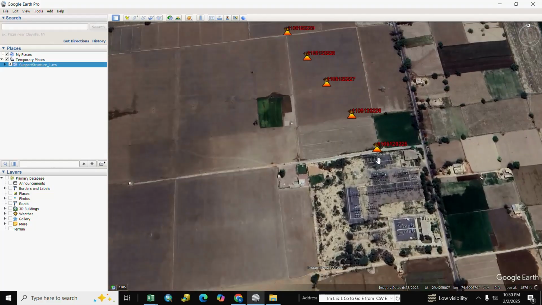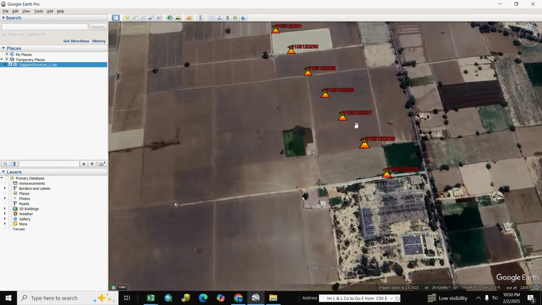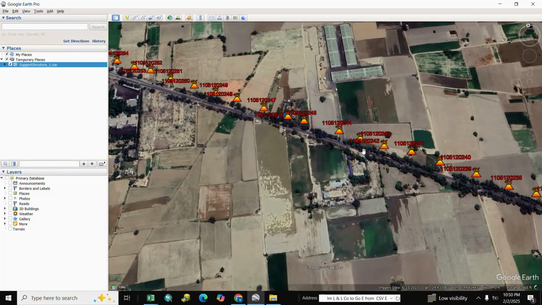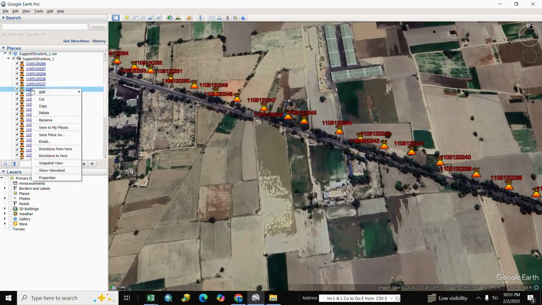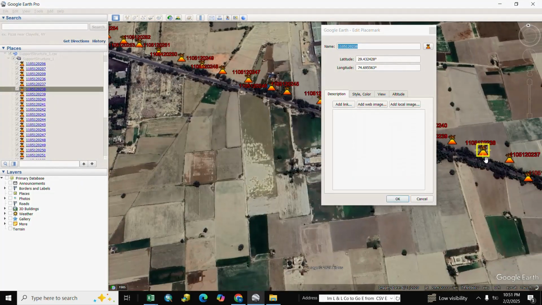You see here is our substation and GIS ID highlighted, and if you want to change a particular point, you go here, you see here all points, and you right click and go to property and here it is highlighted.